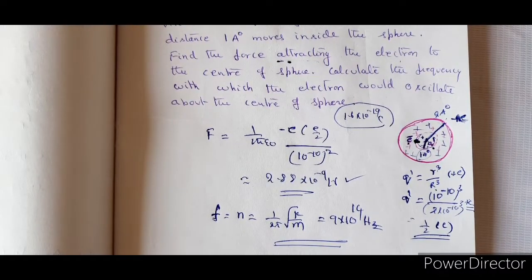Clear? Right. So today's video is totally based on the motion of a particle, that means a charged particle in an electric field. It can be oscillatory or it can be simple harmonically oscillating. That means every oscillatory body need not be simple harmonic, but every simple harmonic motion is an oscillatory motion. That all you know very well.